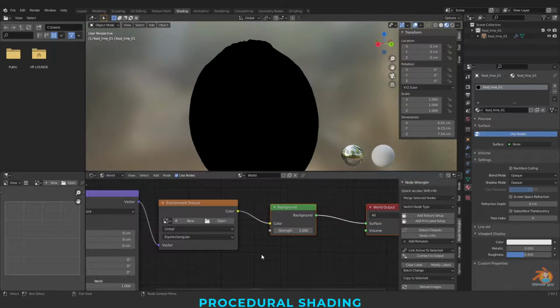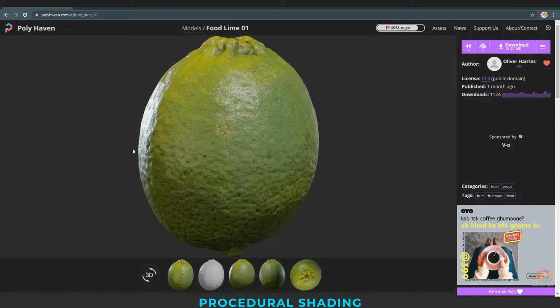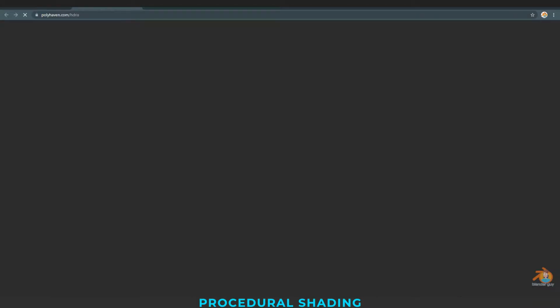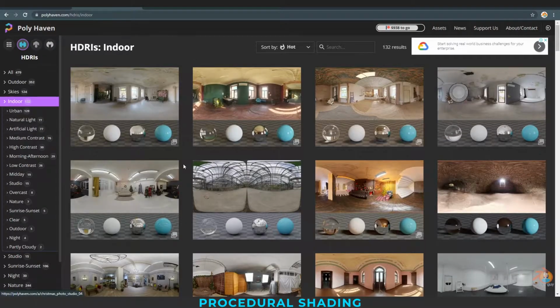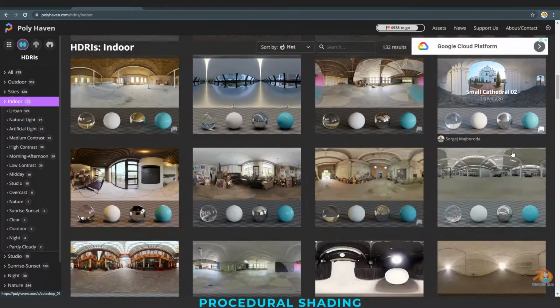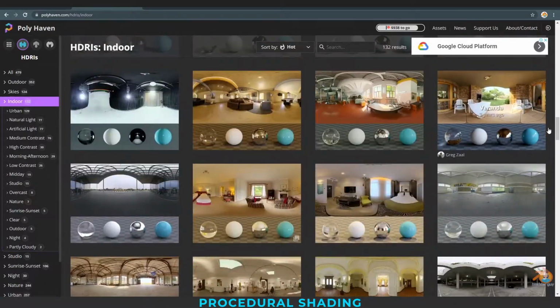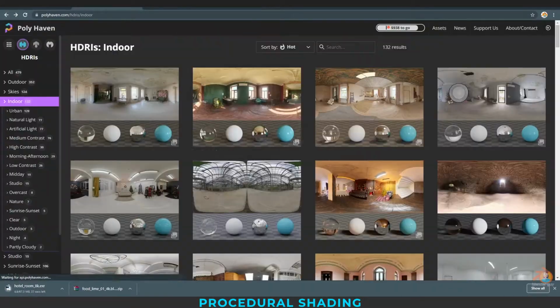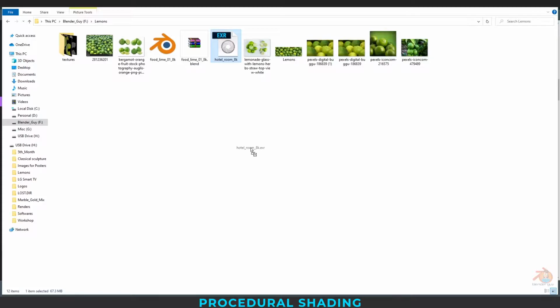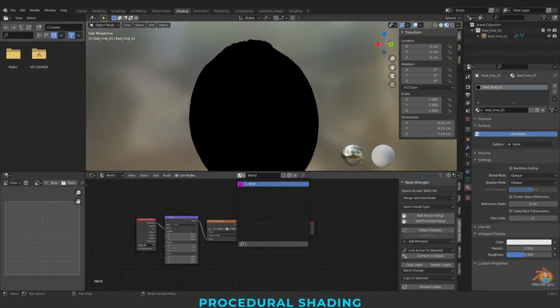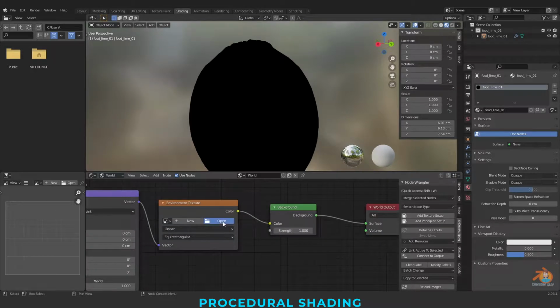For the HDRI, again I'm going to Poly Haven, going to HDRIs, and going to an indoor one. I'm just dragging and dropping the HDRI to my location. So I'm switching from object mode to world and connecting this HDRI here.